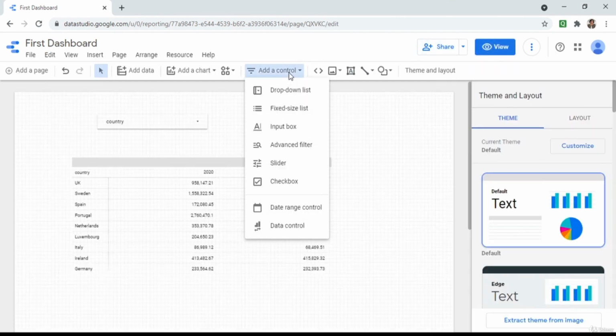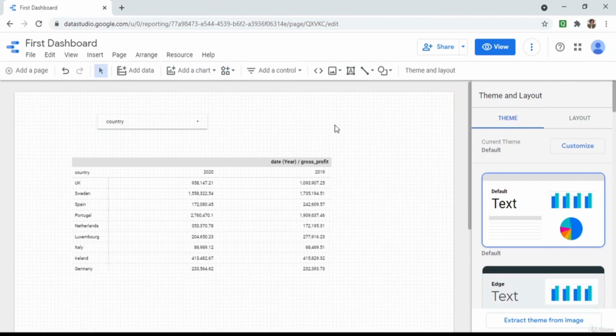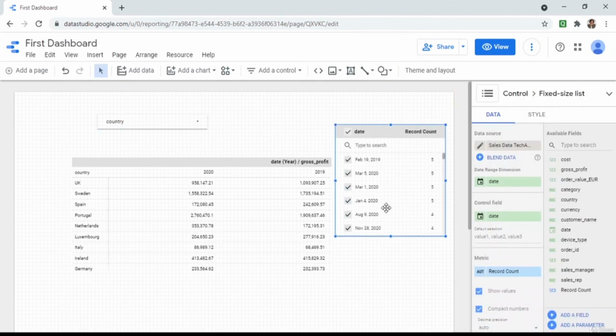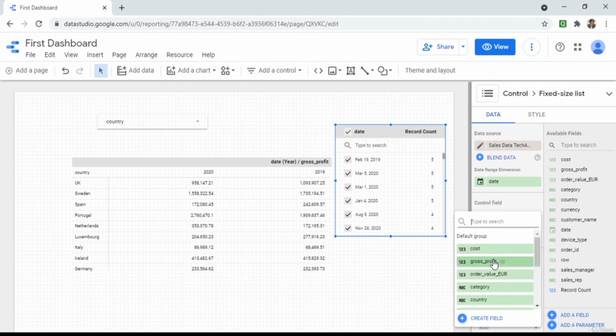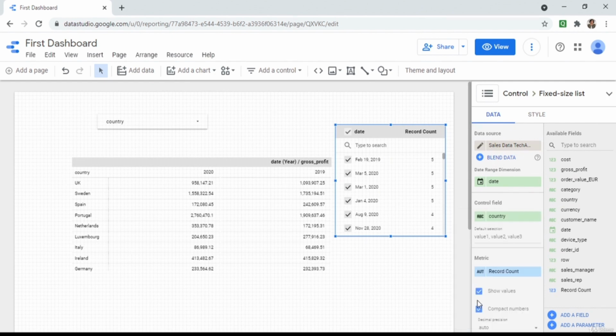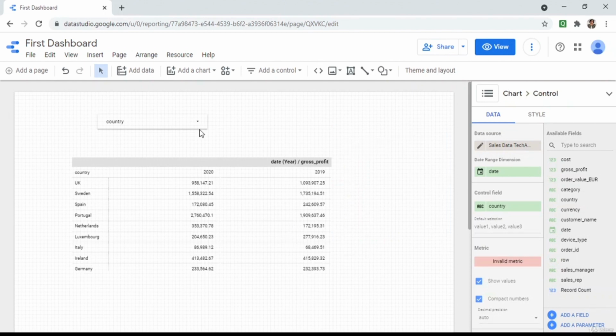So there are different controls, they are self-explanatory. It is a fixed size list. Instead of a drop down box, you will see the fixed size list here, and you can choose, depending upon the control field. Say you want control field as country, then you can choose different countries and see the gross profit. So let me delete these